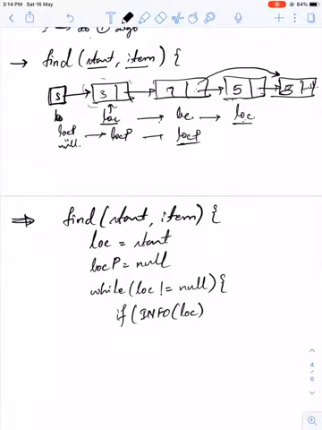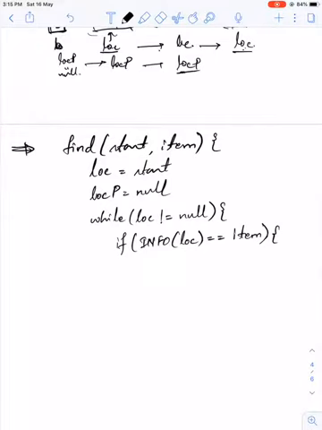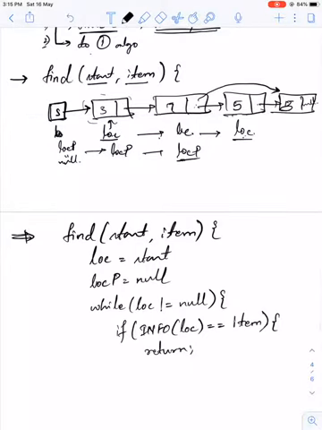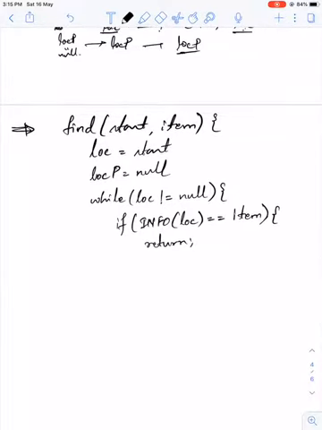If info of location is equal to item, correct, then return, because location is start only, and location P is null. Then you have to do the previous algorithm. Basically we found the item here, correct? The item is given, which item he wants. If info of location is that, then we return. If it is not this, okay,